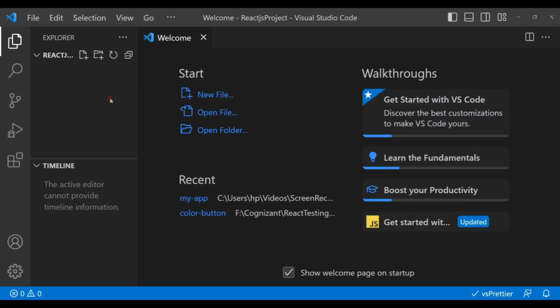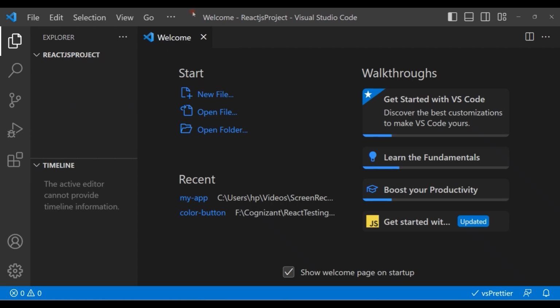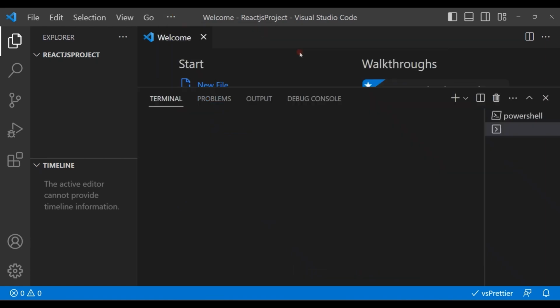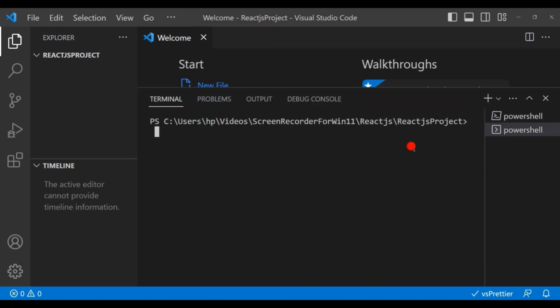Now you can see my folder has been opened and I need to create my React application inside this folder. So here you need to select terminal, new terminal, and here we need to type our create React app command. npx create-react-app